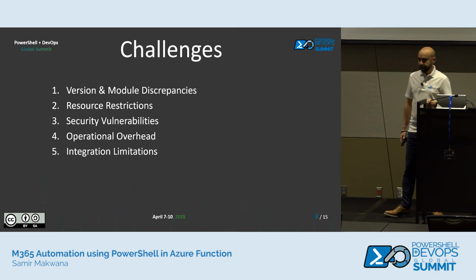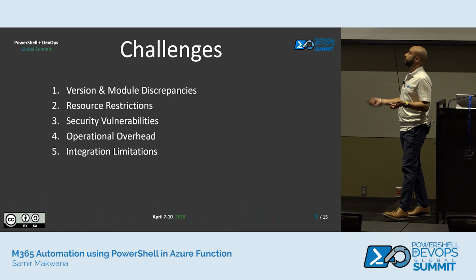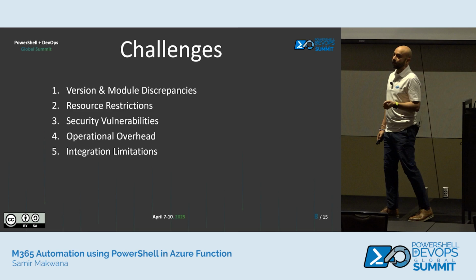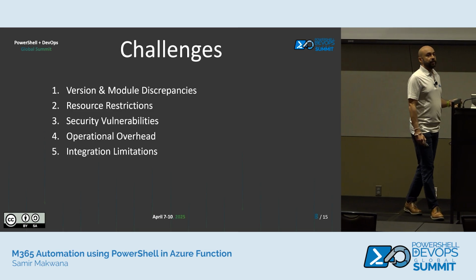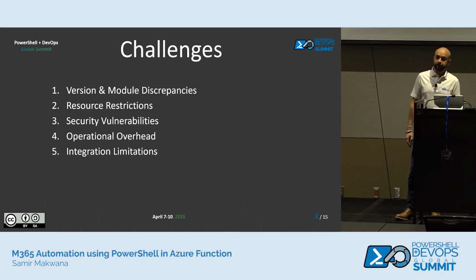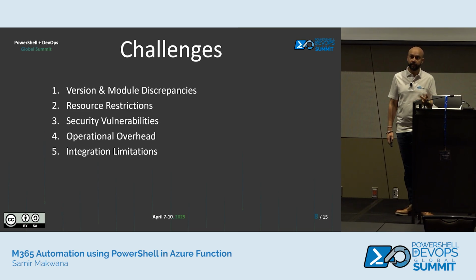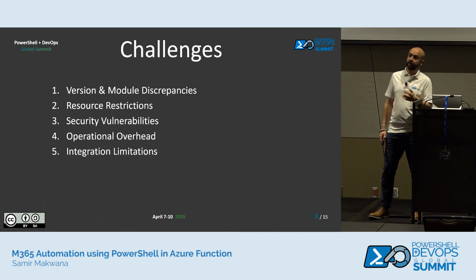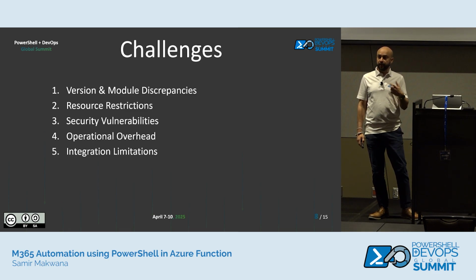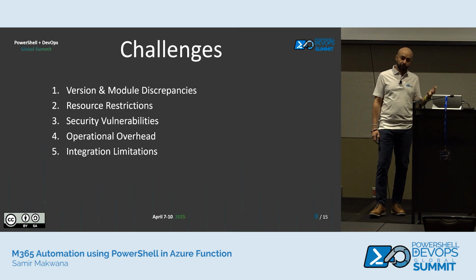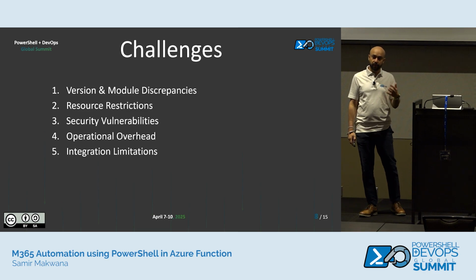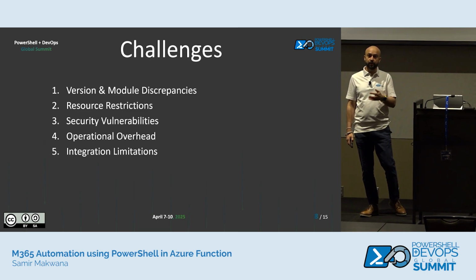So the challenges which you guys mentioned, some of them I just summarize here: the version control and module discrepancies. When you are on-premise, you need to keep up with the modules, and whenever there is a change in the module version, you go ahead and update them. When it goes to the cloud in Azure, there are features called managed dependencies in Azure Function, which you can configure in a way that it will always try to keep you with whatever version you define,